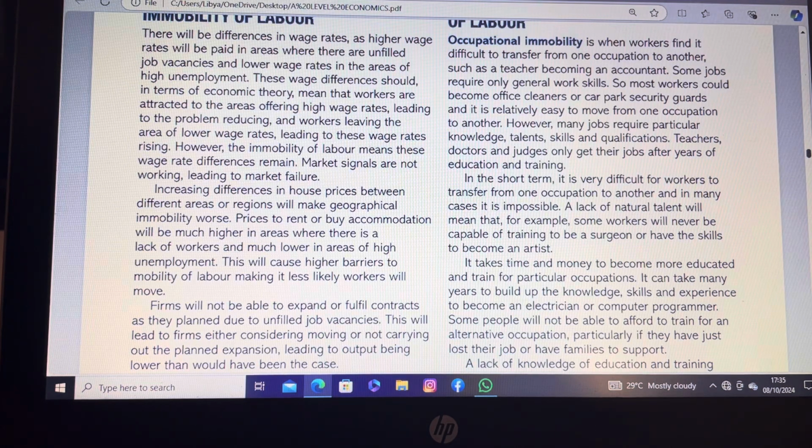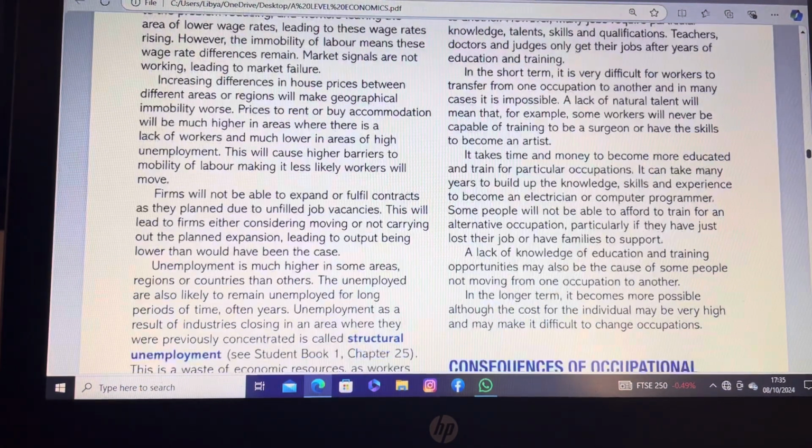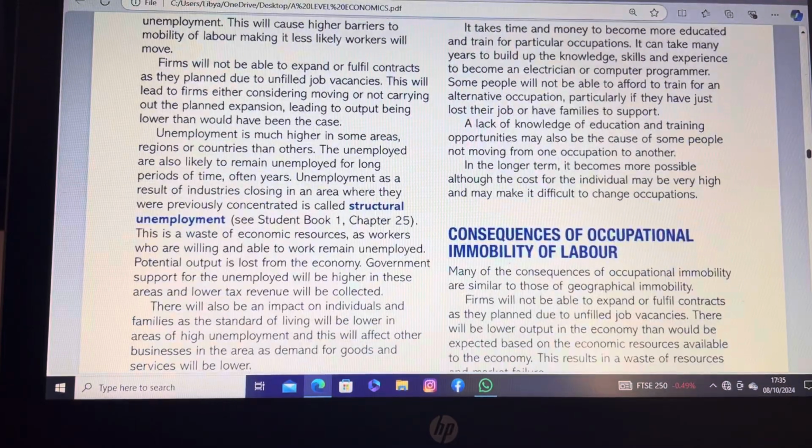For example, if workers cannot move from one geographical region to another, it means there will be enough houses in the areas where there are jobs, but there will not be workers available to fill those houses. So it means the cost of renting a single house will be high, because the few houses that are available may only be for the available workers, and the owners of those houses may increase the rent.